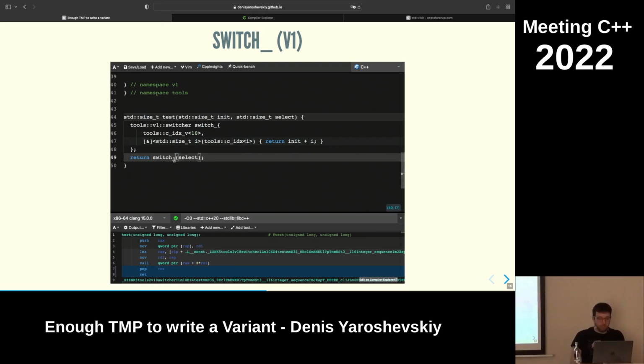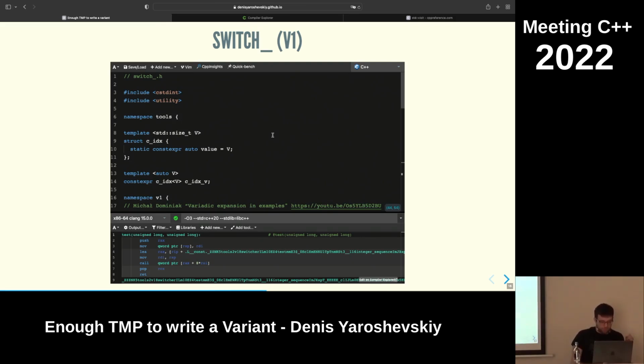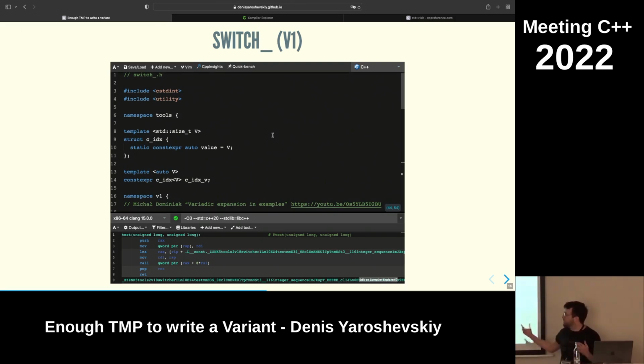Right? And then I'm going to call it with a runtime index. Okay. So how do you pass compile time parameters? Well, I have a struct. It has a size t parameter in it. And I have compile time value to generate the struct just for, I guess, cleaner interface.